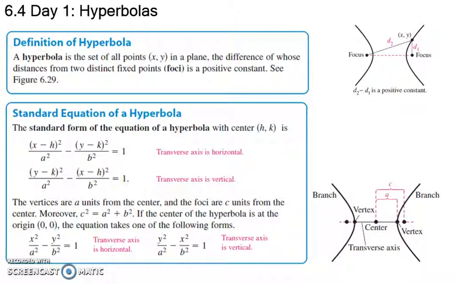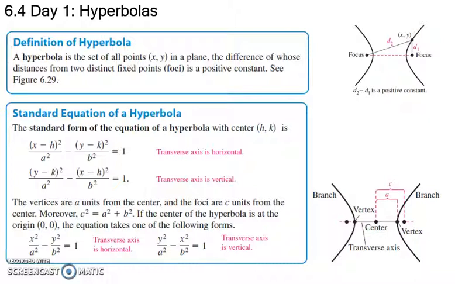So it kind of looks like you can either think of it as an ellipse that you cut in half and then flip inside out, or it kind of looks like two different parabolas. The standard equation is going to be very, very similar to that of an ellipse with a couple key